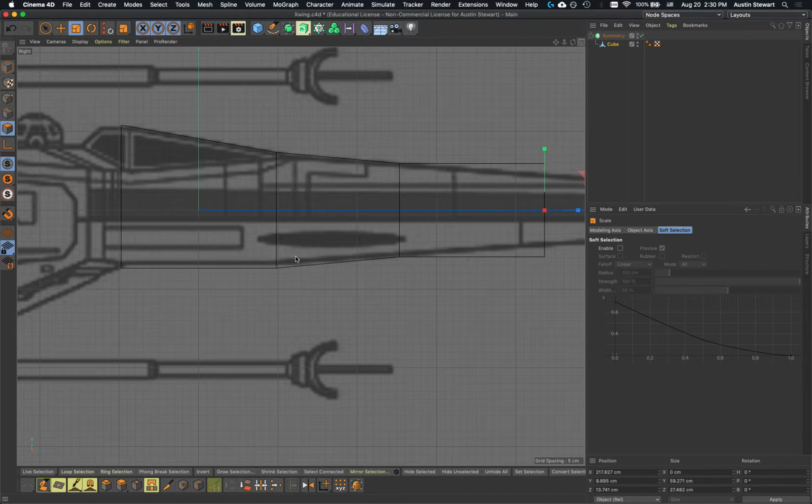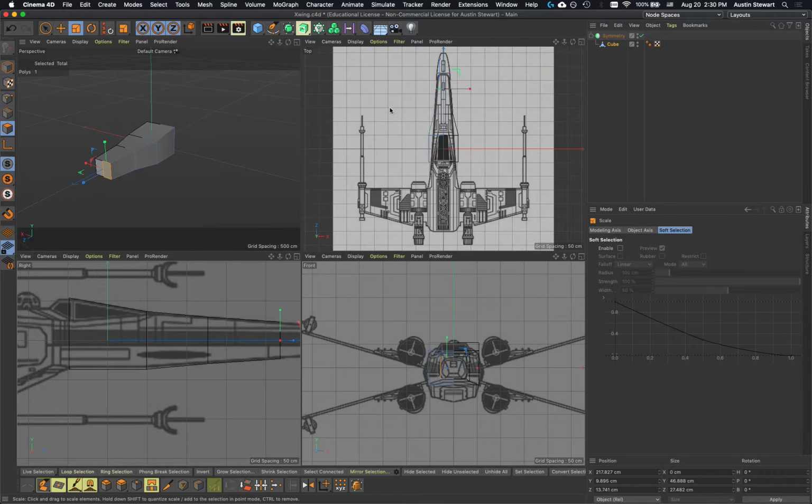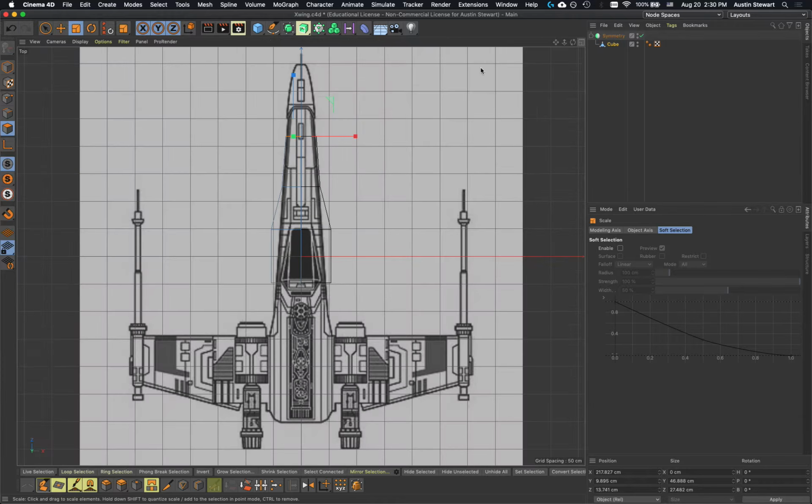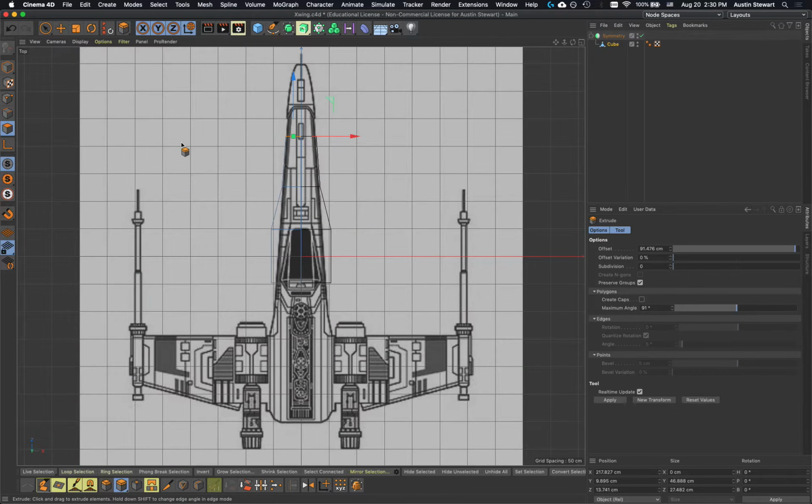I'm going to come back to my right view, and I'm going to scale it vertically down as well. And then I'm going to come back, and you'll see that I'm starting to get this shape of the ship. It's a little bit off still, but I'm going to continue in the top view. I'm going to hit the letter D. And again, I don't want to click on this to extrude. I need to click off in space. I'm going to extrude, and